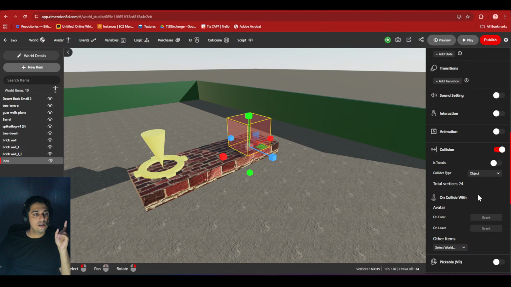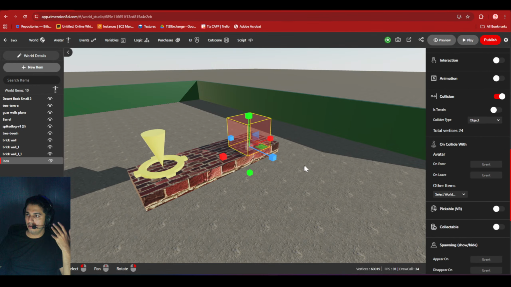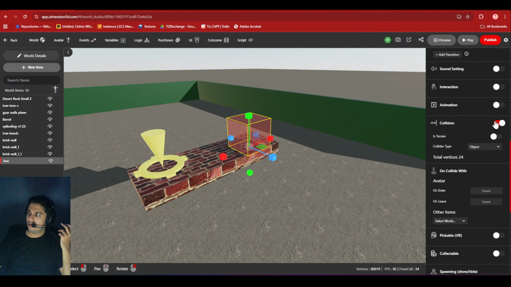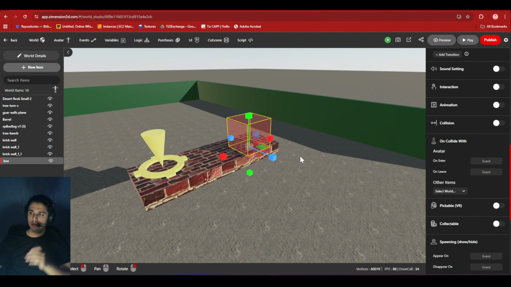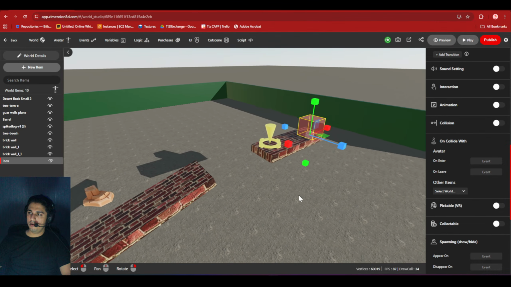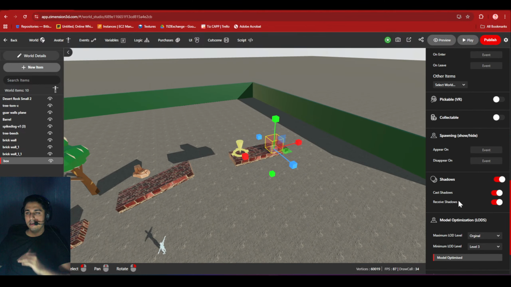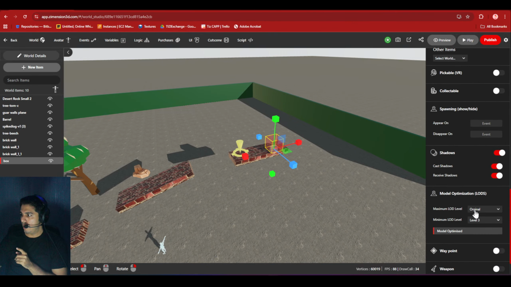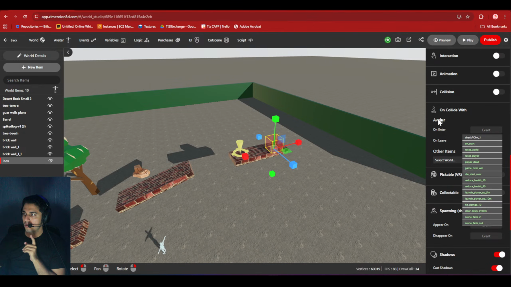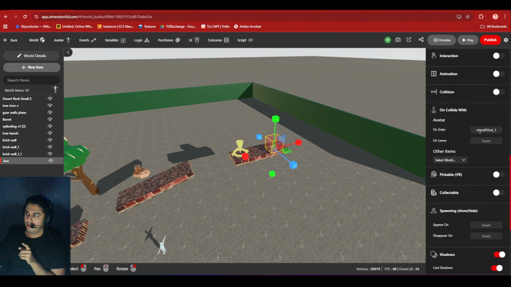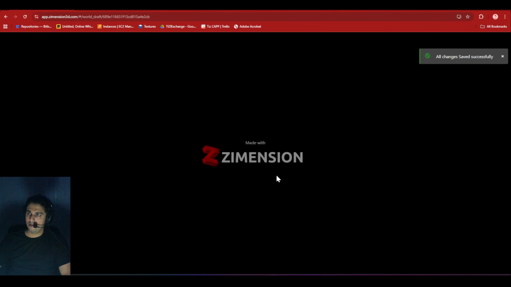Also, since it's just a collider box, I don't want the character to treat it as an obstacle, so we will turn off the collision. That's how we will enable the checkpoint. Oh, sorry, I forgot to trigger the event which will enable this particular checkpoint. So I'll go to the on collide with avatar method, and on enter I will enable this. You can also add an event for when the character leaves the collision area, to trigger some other event, right? Okay, let us try.